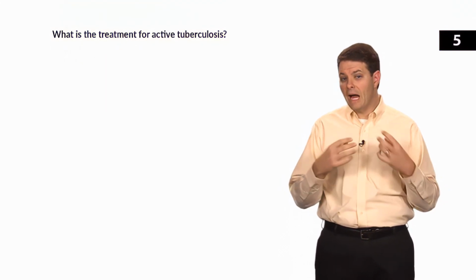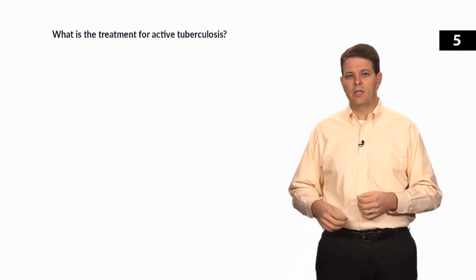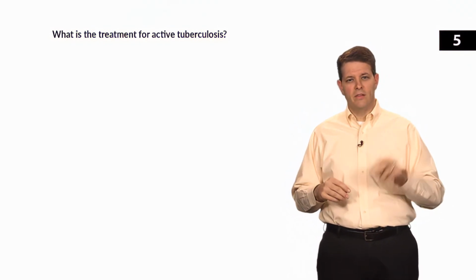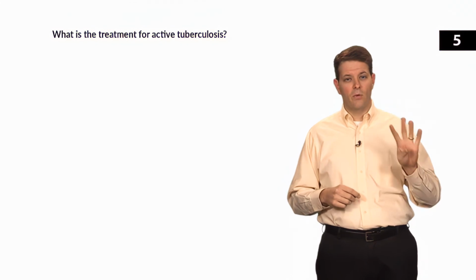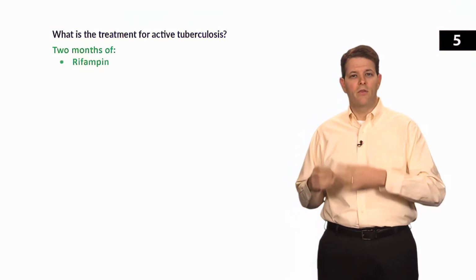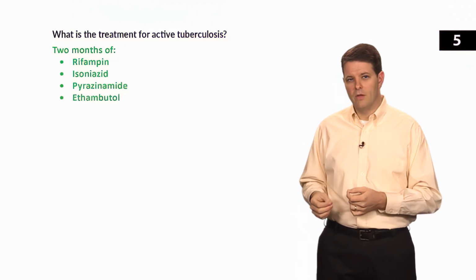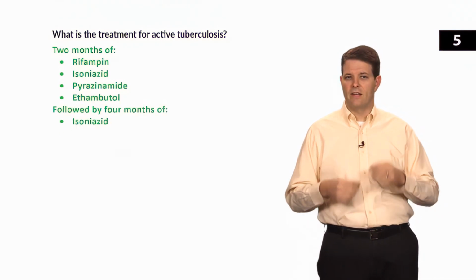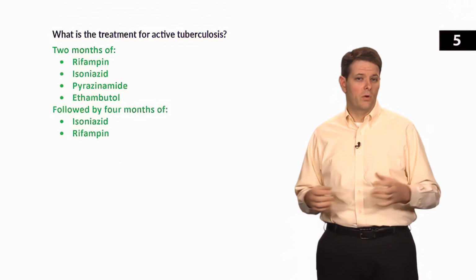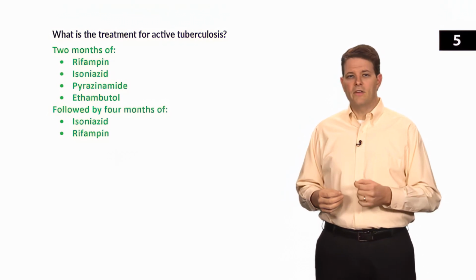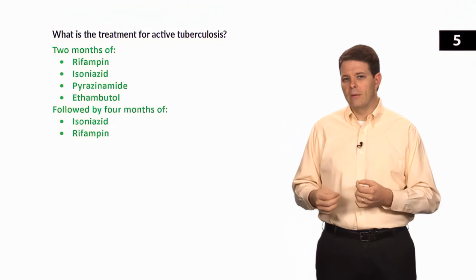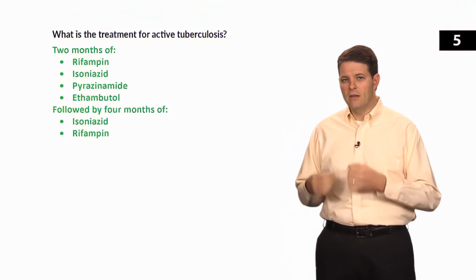But if the patient has active tuberculosis, the standard treatment includes 4 drugs for the first 2 months and then 2 drugs for the next 4 months. So you give 2 months of rifampin, isoniazid, pyrazinamide, and ethambutol, followed by 4 months of isoniazid and rifampin for a total 6-month course. And note that the first letters of these 4 initial drugs spell RIPE: rifampin, isoniazid, pyrazinamide,